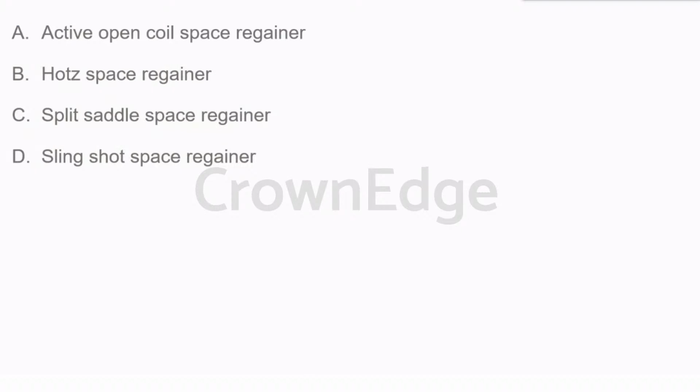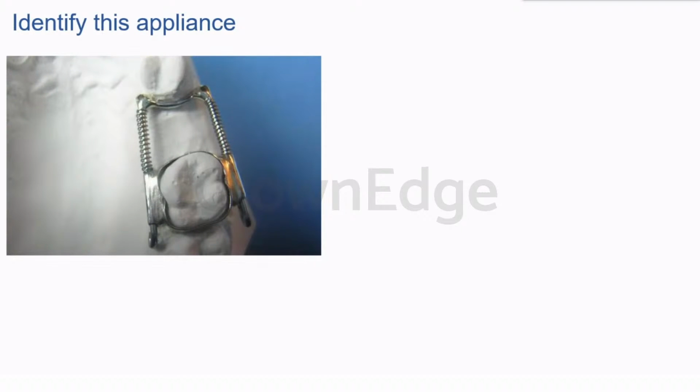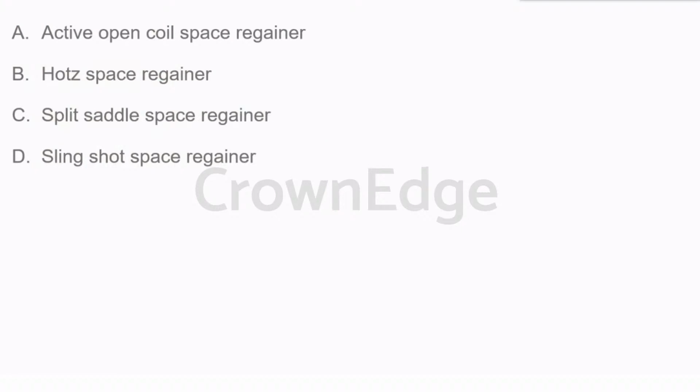The options given to us are active open coil space regainer, Hotz space regainer, split saddle space regainer, and slingshot space regainer. So it's clearly a space regainer. Once you see the options, you're going to actively move the teeth. When there is a space loss of more than 3 mm, you usually give a space regainer. So in this case, what space regainer is this? I'll go back to your options now. Active open coil space regainer, Hotz, split saddle, or